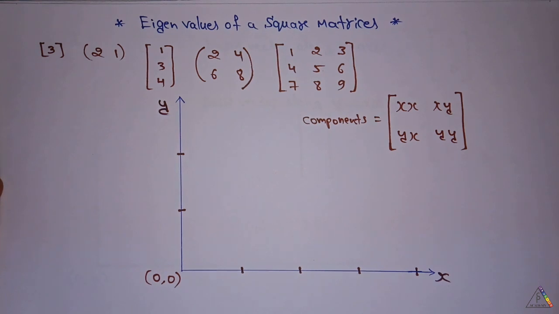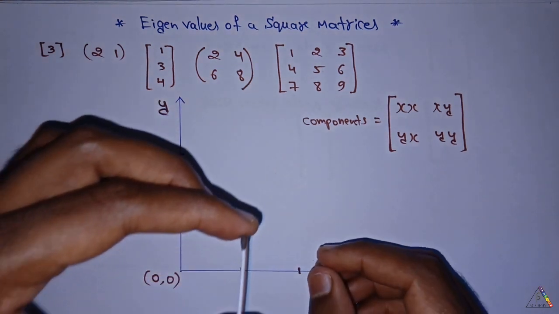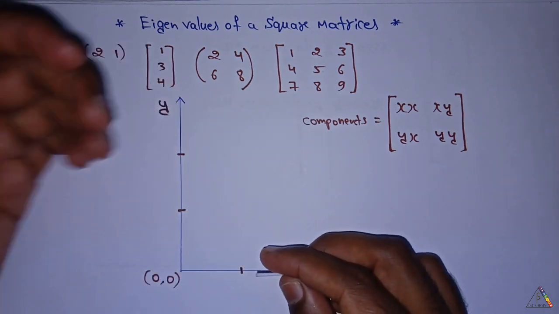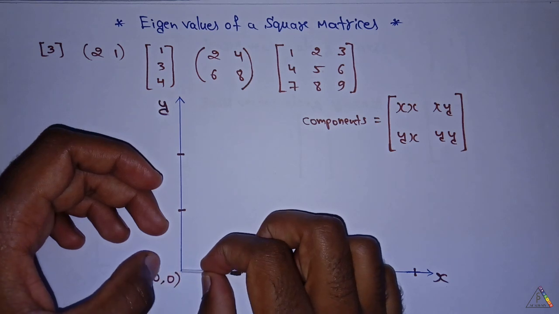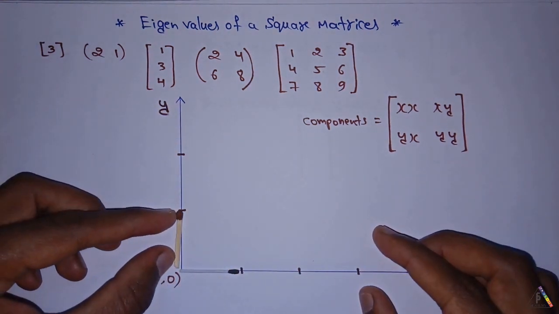In the last video, I represented the different types of coordinates. Here I am considering the two-dimensional Cartesian coordinates, that is the x-axis and y-axis, and the unit vector along the x-axis is x cap and the unit vector along the y-axis is y cap. This is the x cap vector. This tip represents the direction and this length represents the magnitude of that unit vector of unit length. Similarly, this is the y cap vector.